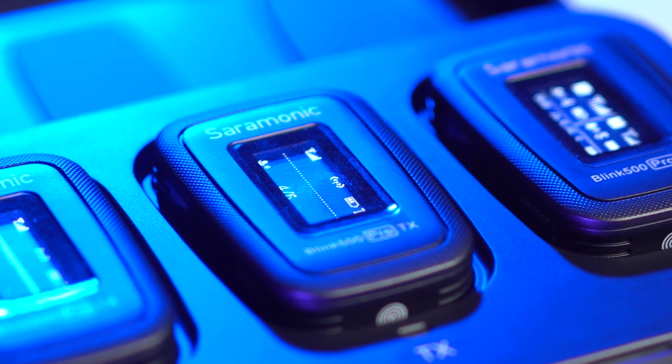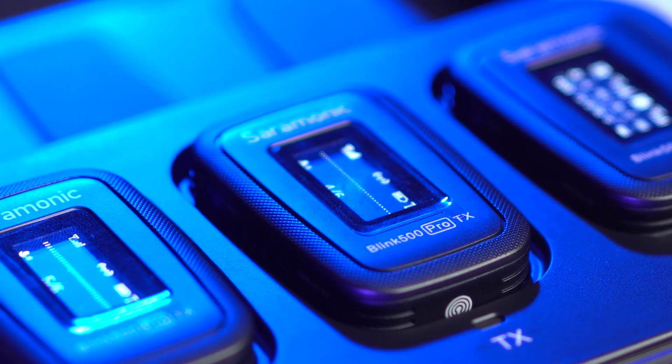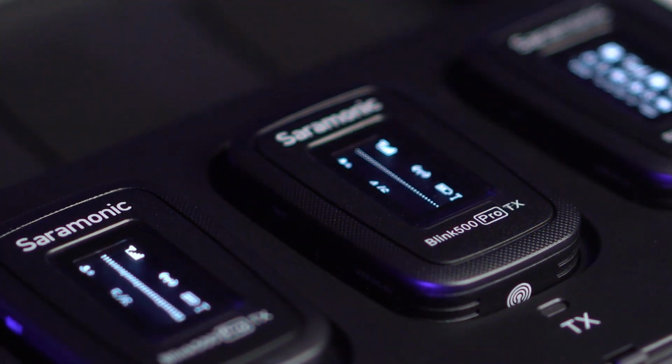I've been in so many situations over the years where I've lost transmission from the receiver of the microphone that I'm currently using, and I've lost the audio. I always place a backup microphone on the talent just in case, but that is now a thing of the past. Neither system has a very intuitive menu system, but I think the Rode wins with this as well, just